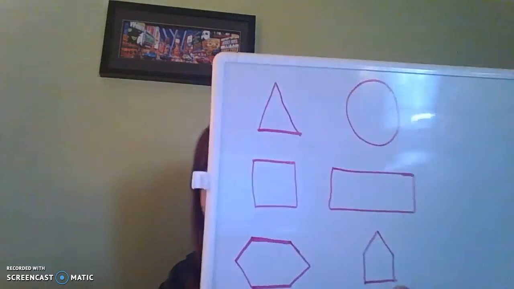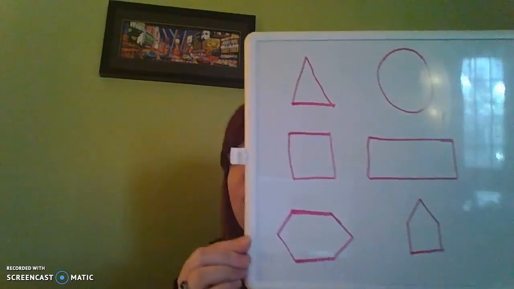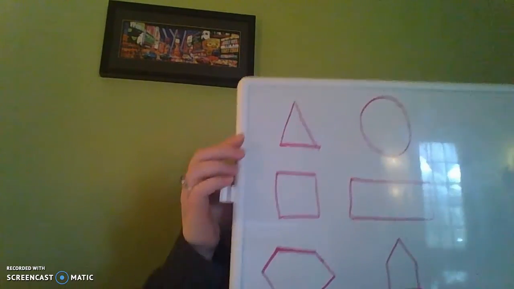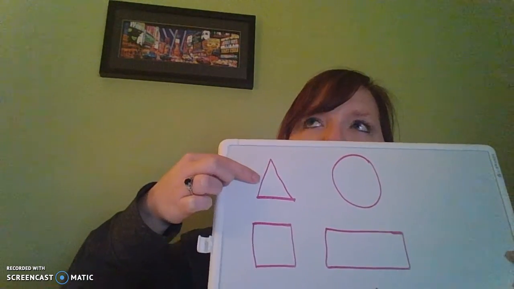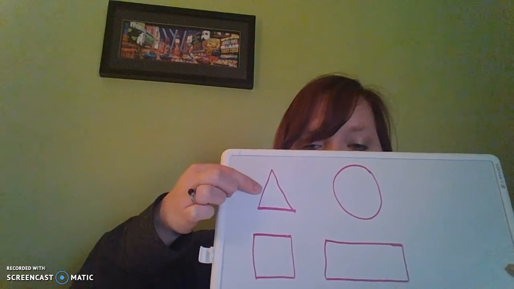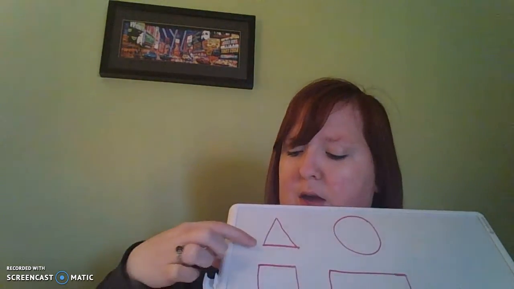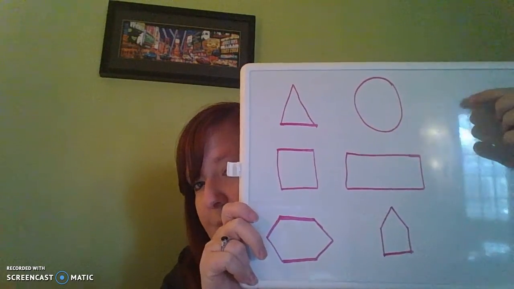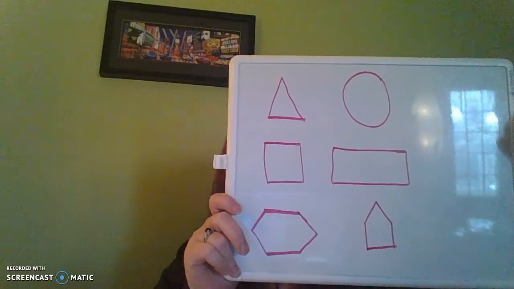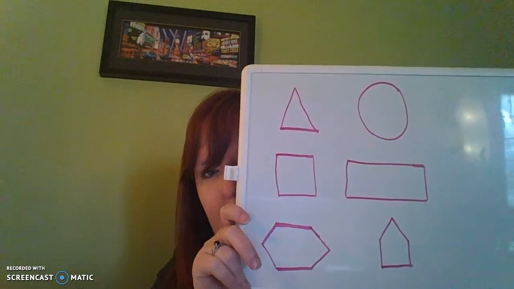I drew some shapes on our board just to get our brains working in math, and I want you to identify them for me. Okay, so the first shape is what? A triangle. And how many sides does a triangle have? 3. And how many corners or vertices does it have? 3. 1, 2, 3. Okay. What about the next shape? A circle. Good job. Does it have any sides? Nope. Does it have any corners or vertices? No. Good. Next one is